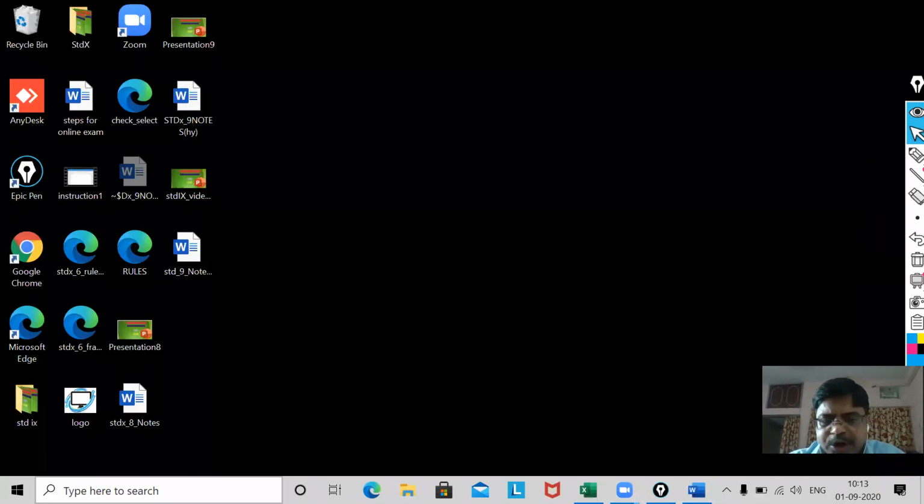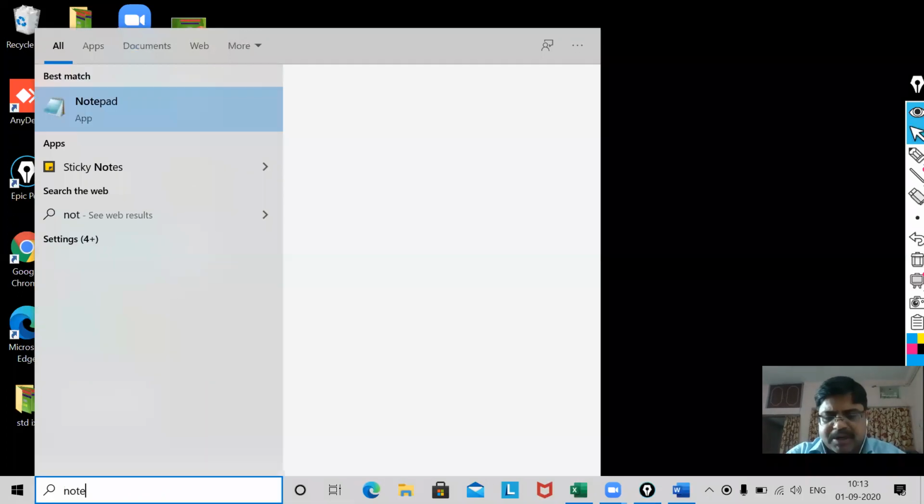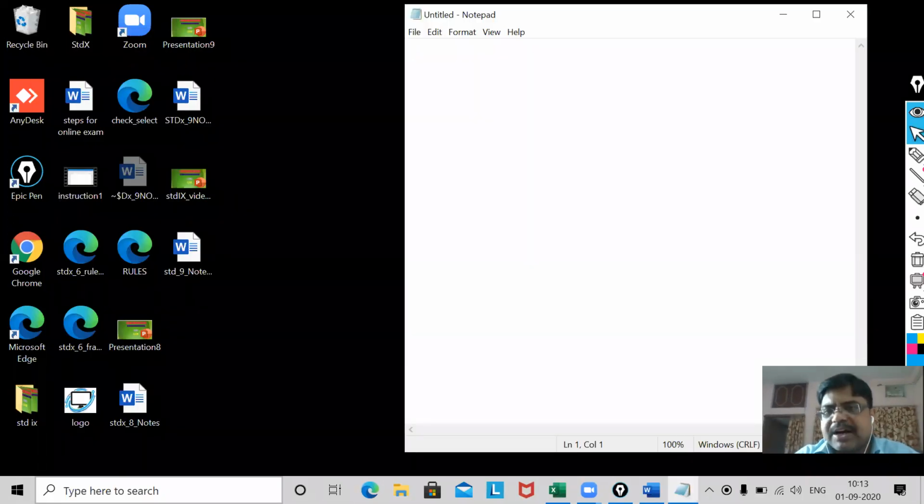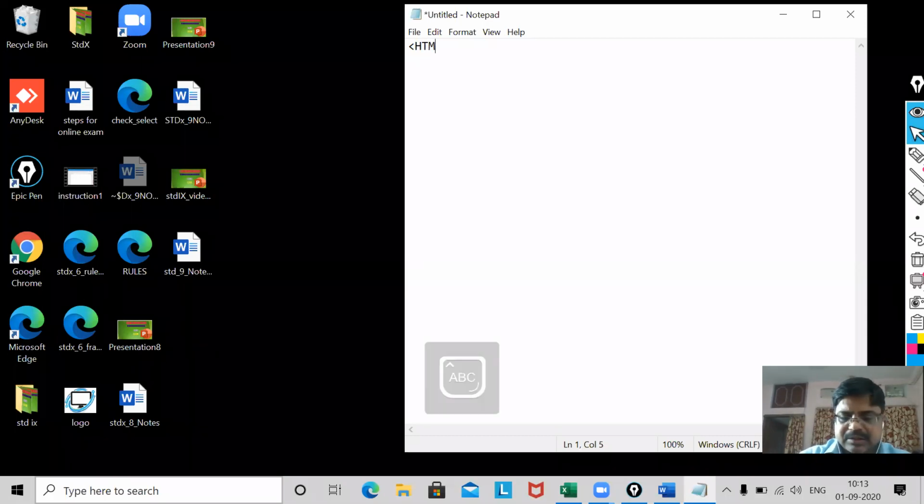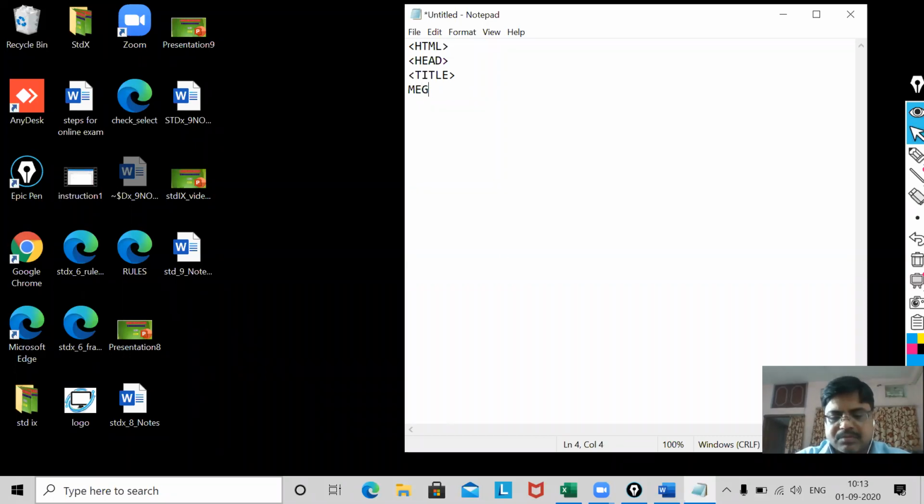Now, I'm going to write the HTML document. Using this, you will understand how my rowspan and colspan will work. So first of all, I will start with html, head, title, merging rows or columns.